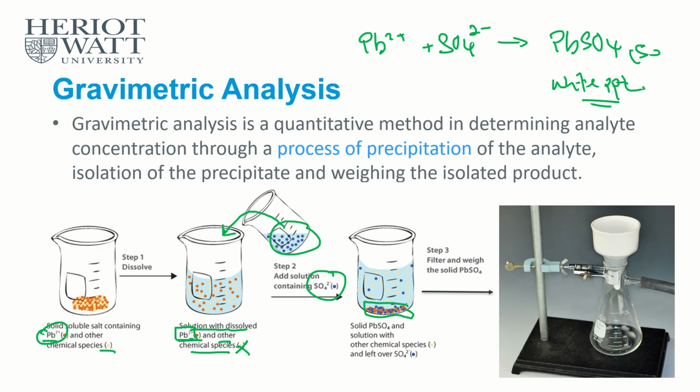After you get a solid, we do these things. What do we call this? This is not a normal filtration. This is what we call suction filtration. Now, what is suction filtration? It's much better than the normal filtration. Still remember, for the normal filtration, we only use a filter funnel, conical flask or beaker, and filter paper in it, and then you pour the solution in. The solution will slowly drip out, the filtrate,